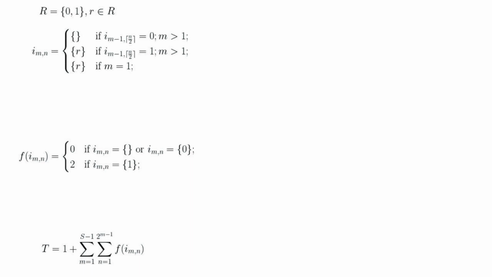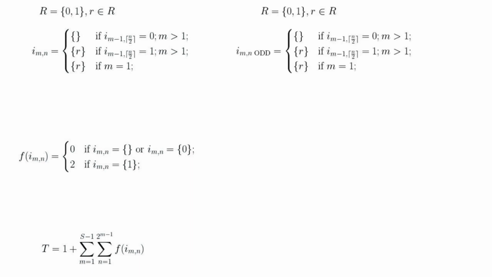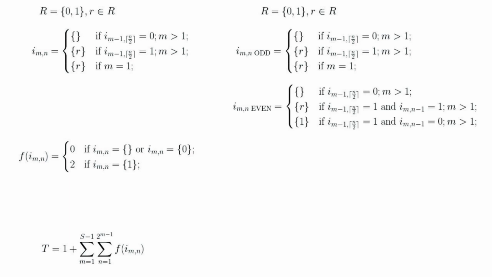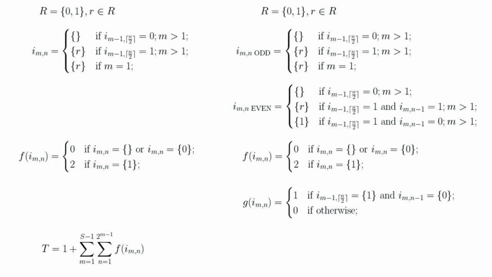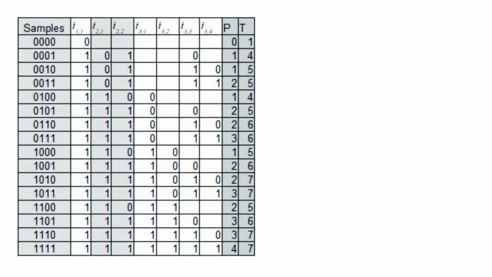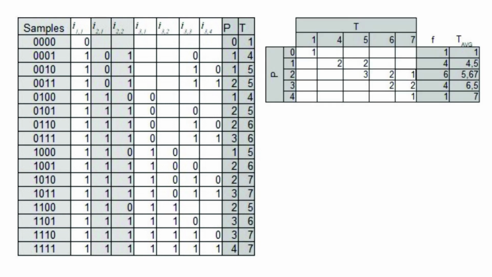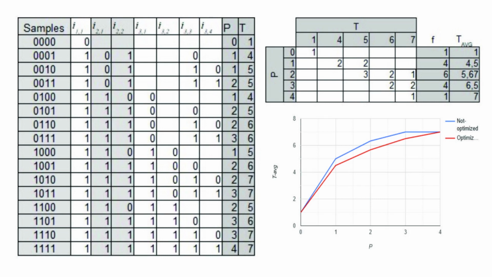Now we need to modify the formula. The previous formula is now valid for the left node only. For the right node, we add conditions for its left sibling node. We also add a formula for that eliminated node. There is 1 test eliminated that only happens where the parent is 1 and the left sibling node is 0. So the number of tests in a tree is now. Here's the simulation table, the recap, and the line chart compared to the previous non-optimized formula. As we can see, the worst case scenario for 2 positive samples is now 1 over 6.